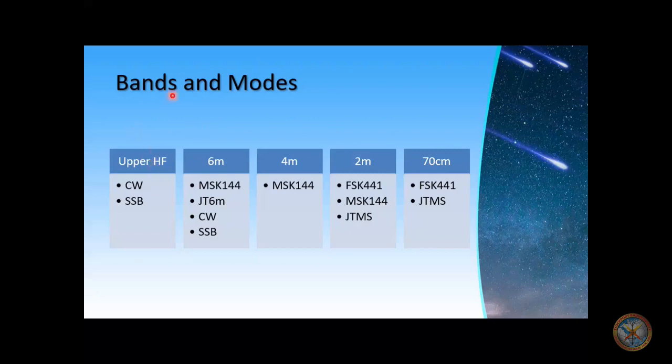Okay, upper HF. It's not a meteor scatter band as such, but you can use it. On 6 meters, of course, you can use CW and sideband as well, and people have been for a long time. I've worked, for example, UU1ITU when there were no conditions at all. I think Don G3BJ was there, and it was summer, so you'd expect some sporadic E, but no. So he was still securing, and there was the odd burst. You could hear part of the CQ, but then